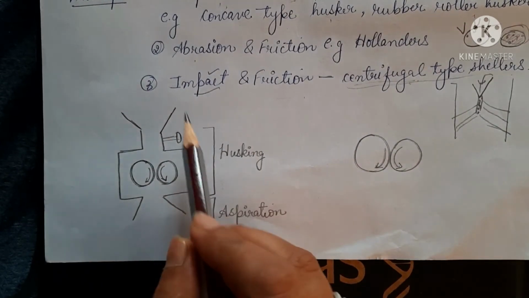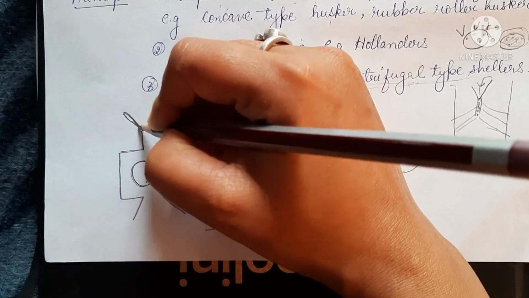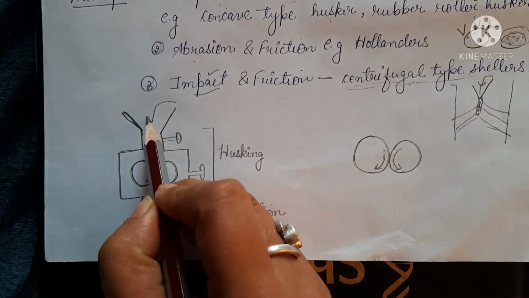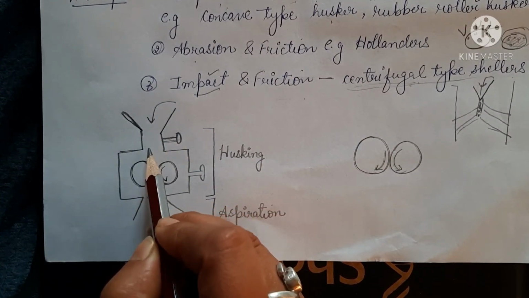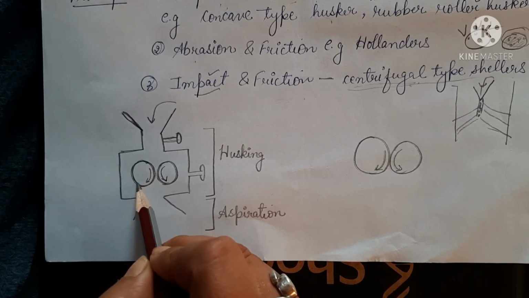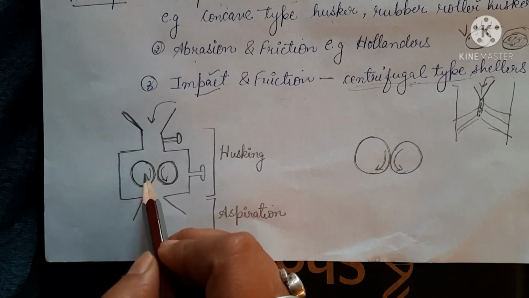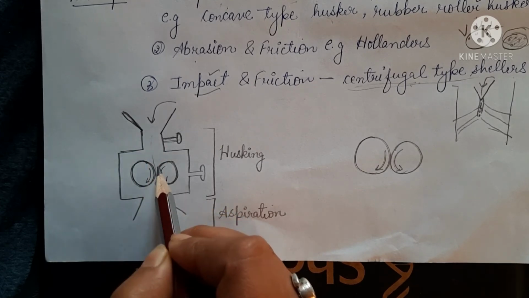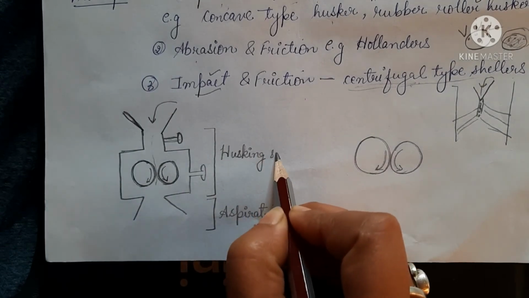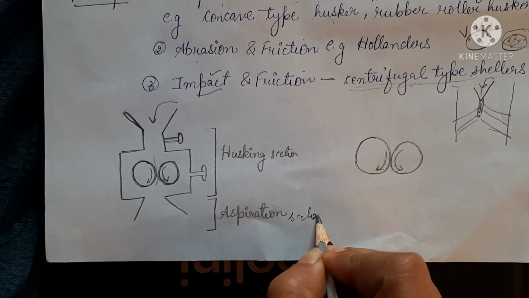So you can see, when we put rice kernels from here, this is the knob from where you can adjust the flow of your rice. So these are the two rollers. These are made up of rubber and called rubber rollers. So the rice will come through this, get compressed. This is the husking section, right? And this is the aspiration section.